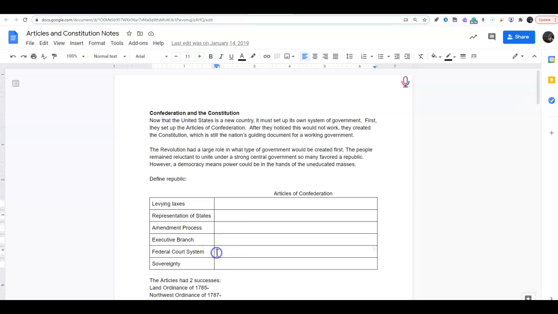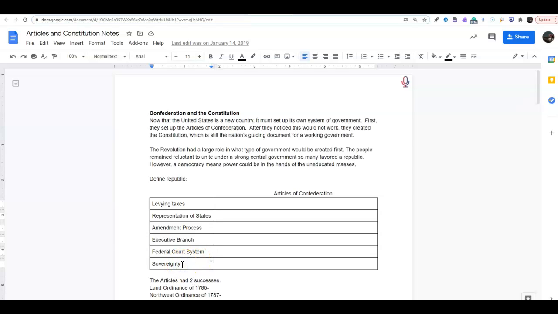Next is the federal court system. Again, that's the Supreme Court, or SCOTUS, and there wasn't a federal court system, which caused some problems between different states and laws, and there wasn't one set of laws that the whole United States would follow. So it was not necessarily the United States as much as a collection of states just loosely fit together under one thing. And then